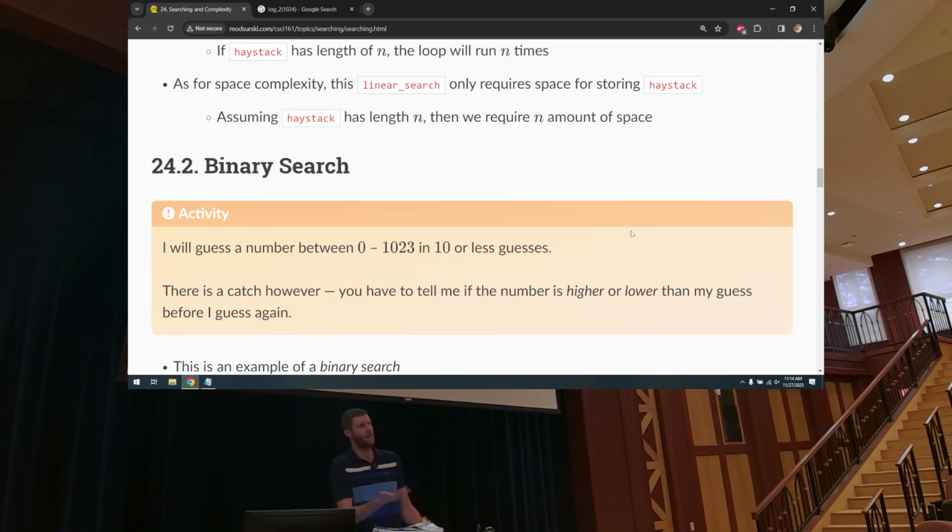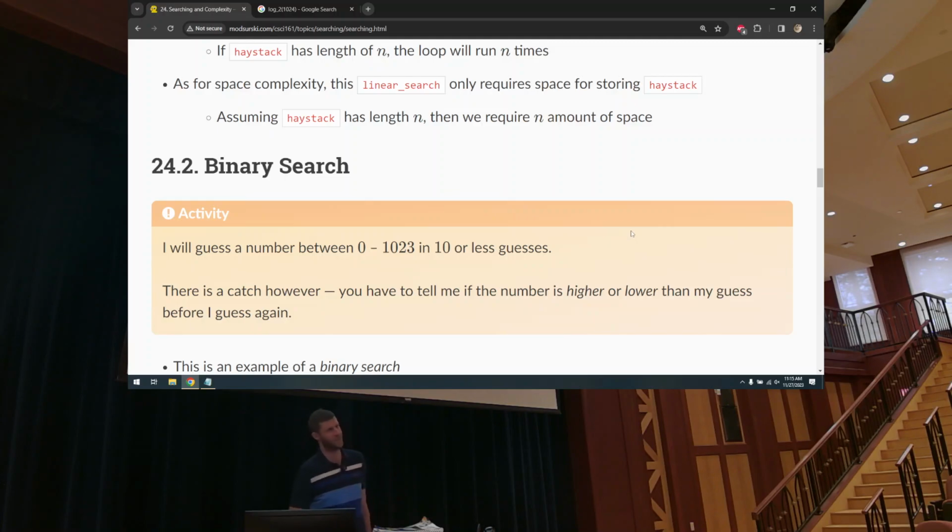Worst case scenario, how many things am I going to have to guess? Well, 1024 because we started at 1 and I changed a little bit, but yes, right? A lot. But I can get it in 10 guesses. I promise you. I can get it in 10 guesses,